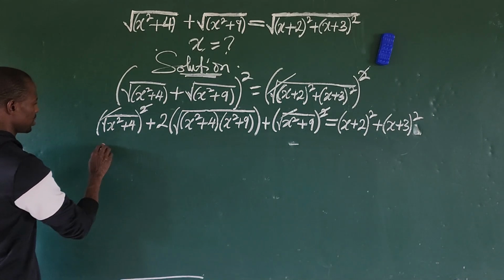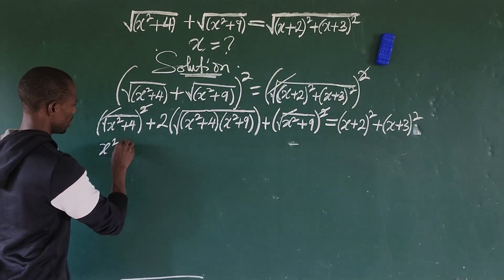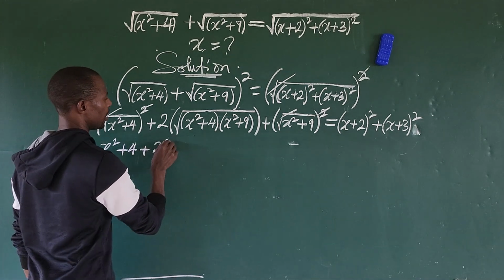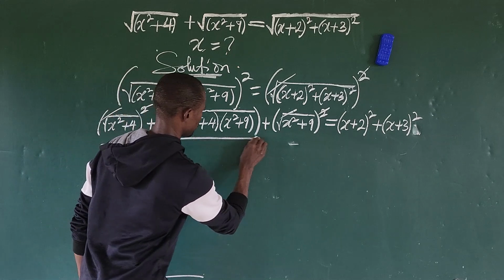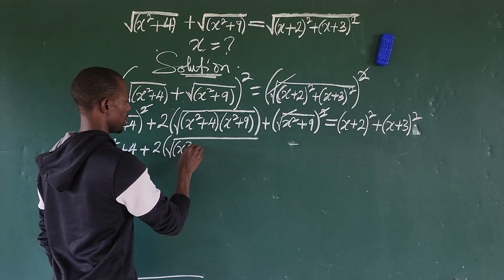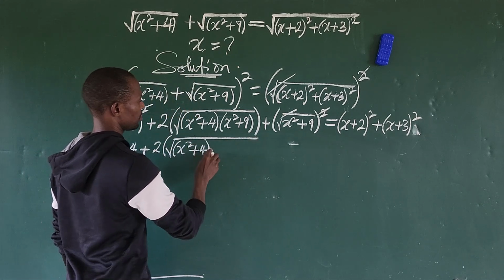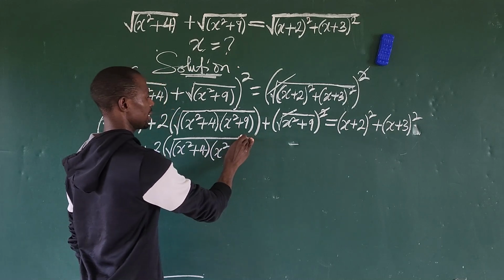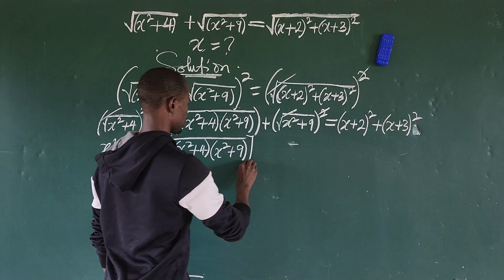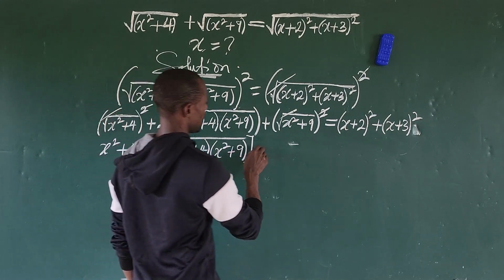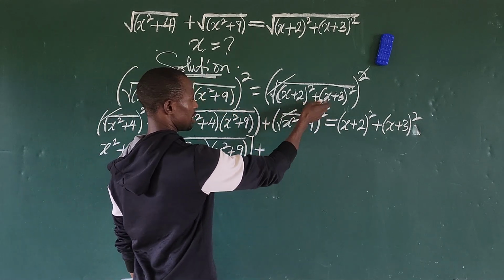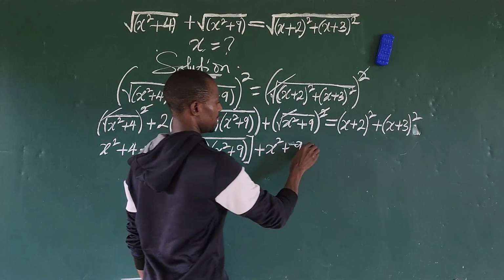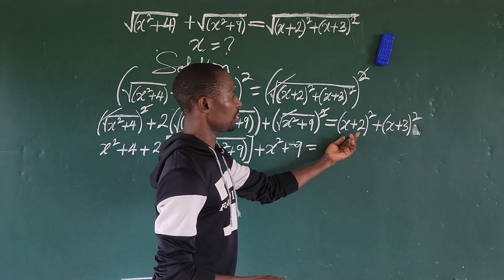So this will give us x to the power of 2 plus 4, plus the square root of (x^2 + 4) times (x^2 + 9), then plus, again we said this will leave the system, so we have x squared plus 9, everything equal to